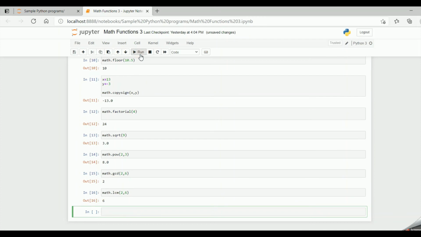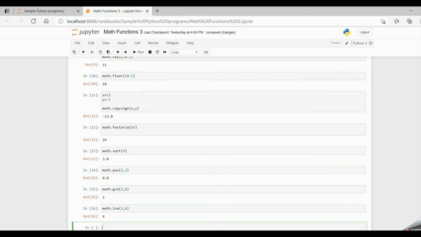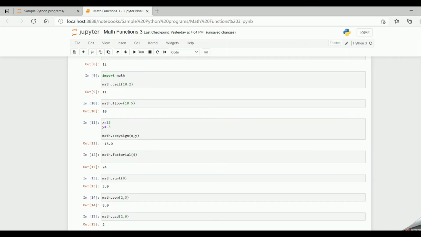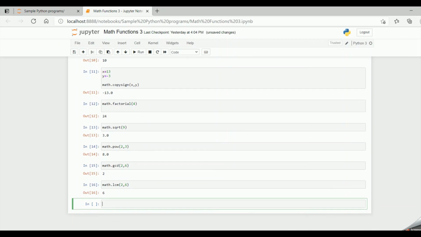That is the least common multiple of 2 and 6. So these were the different functions which require importing the math module. They are ceil, floor, copy sign, factorial, square root, power, GCD, LCM.